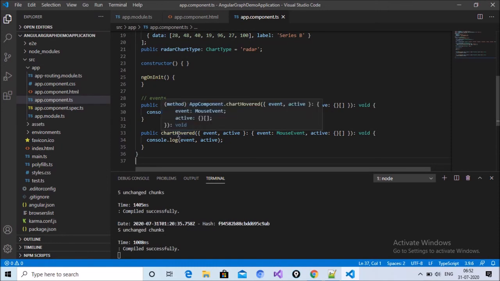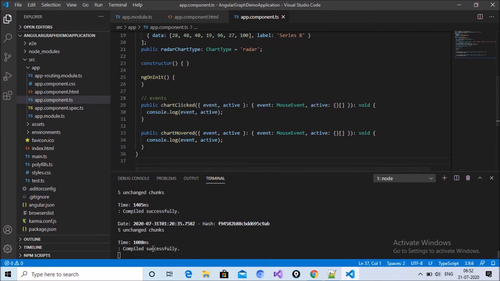The first is that when I click anywhere on the chart, I get an event and we can get the value, and likewise on hover. That means in this graph the main focus is the labels and which values show on them, second the data, and third performing events.